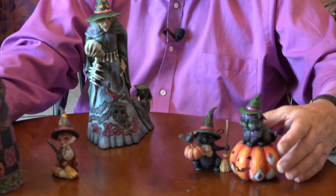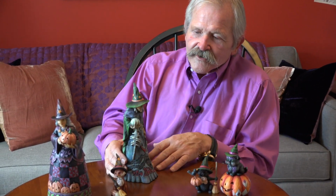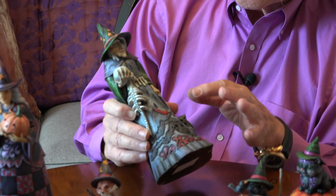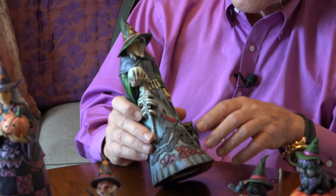However, occasionally I like to get just a little bit darker with my design work, and I always put one on the list that says, okay, I'm going to do a witch, but it's going to be just a little bit on the dark side. And this year this was my version of that. You've got the witch here that's still kind of cute. I mean, look at that face, huh? Is that a face? But she's got a scythe, and she's got one of her victims here, I guess,